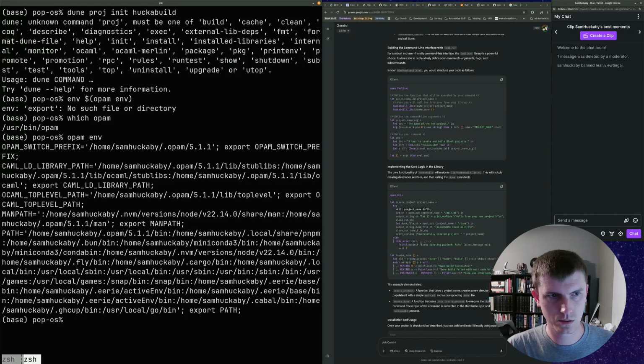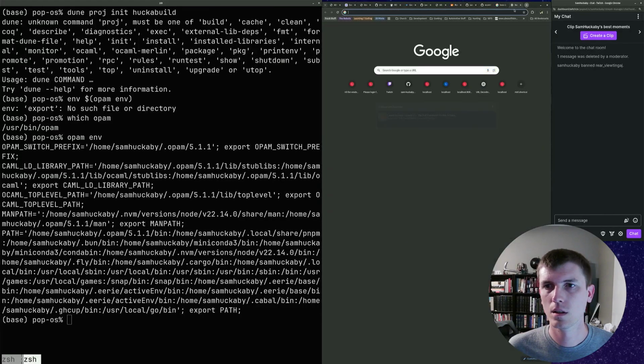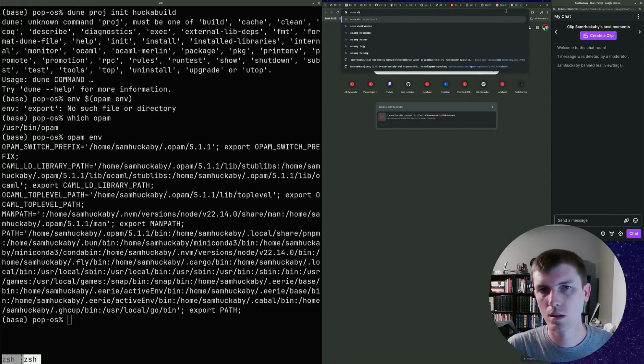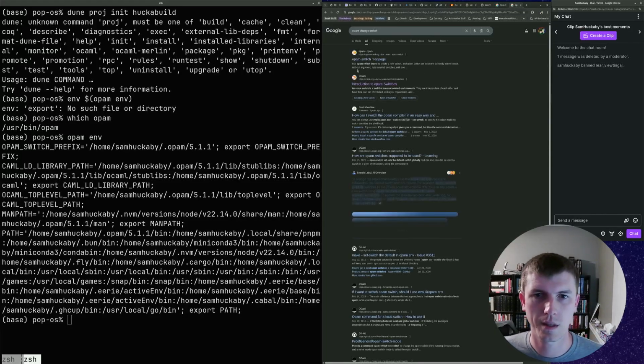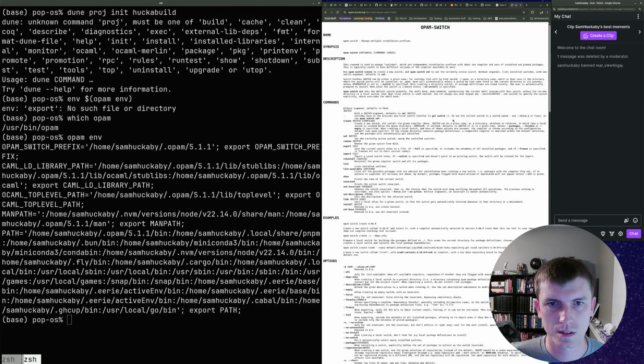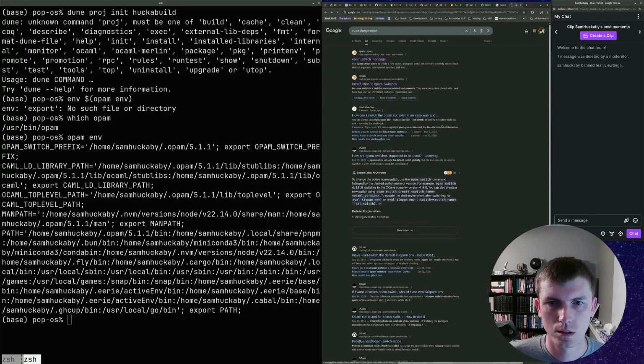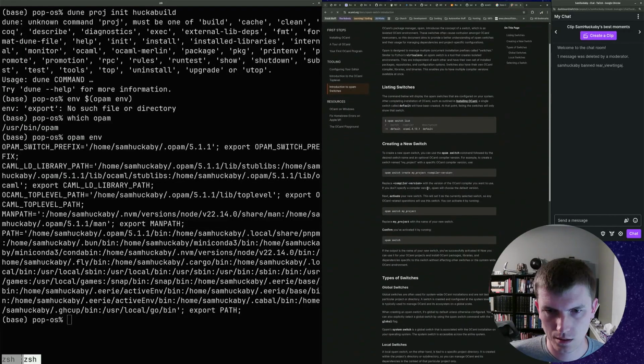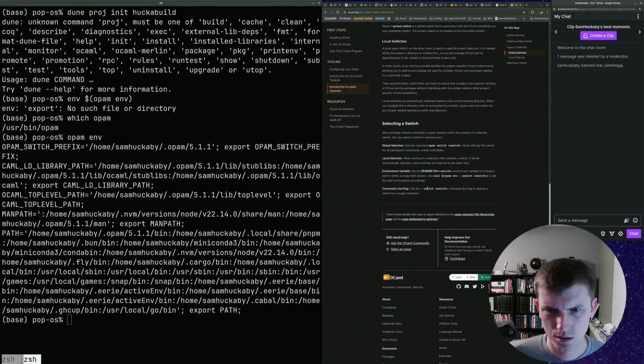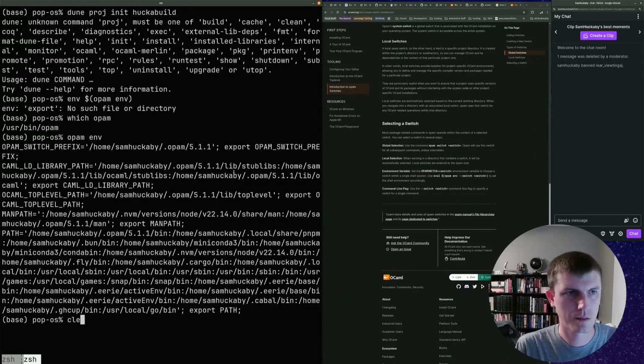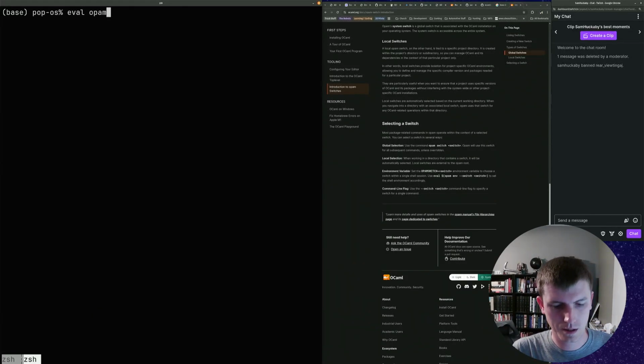Let's see, I need to opam change switch. Man, I have to Google OPAM stuff. It's the worst. Just give me the command. Eval opam env. Alright, dune init project